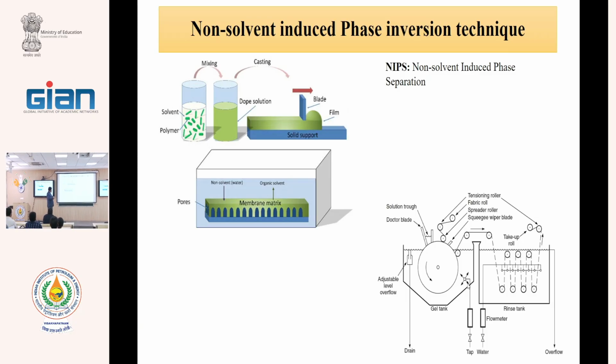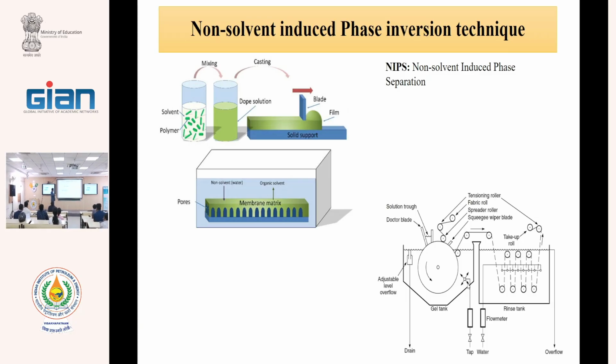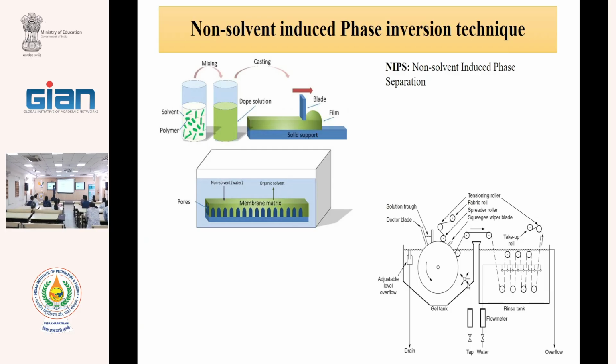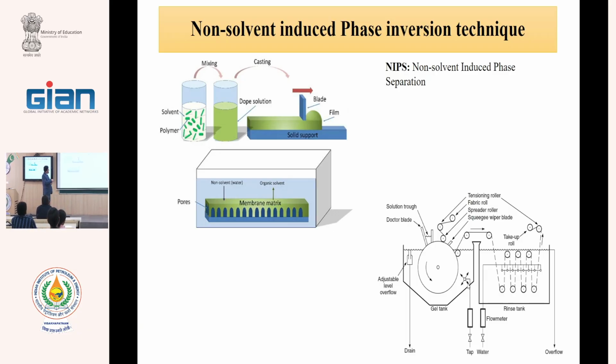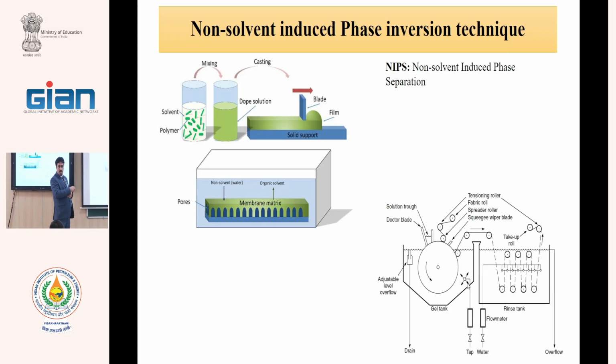By rotating this roll, on the surface of this roll we have a fabric. The fabric comes from the bottom of the doctor blade, and a thin layer of the polymeric solution is coated on the